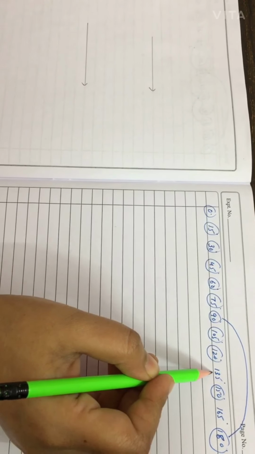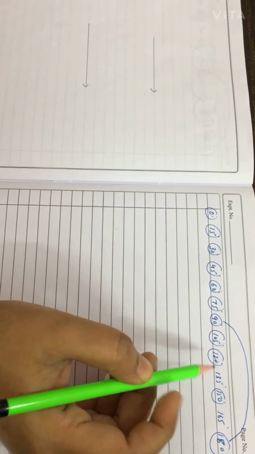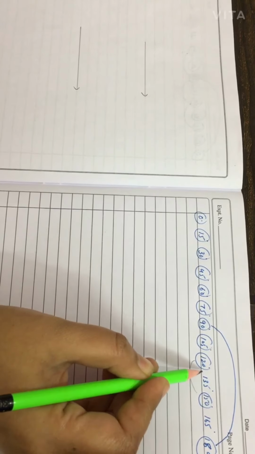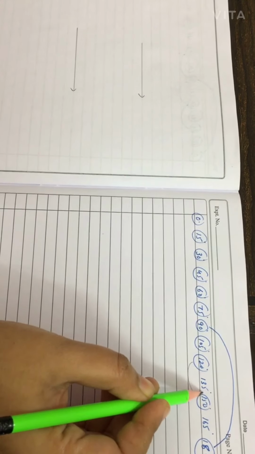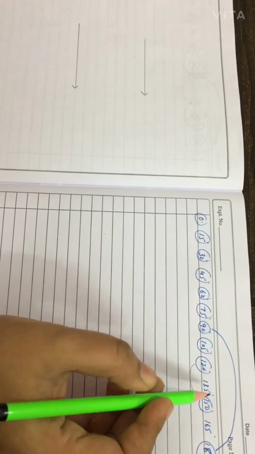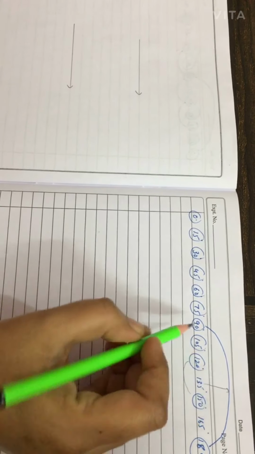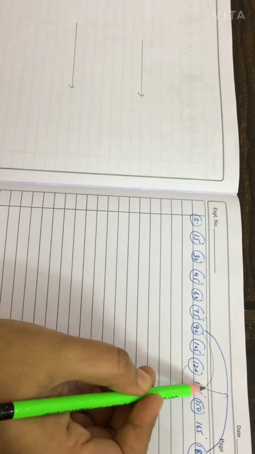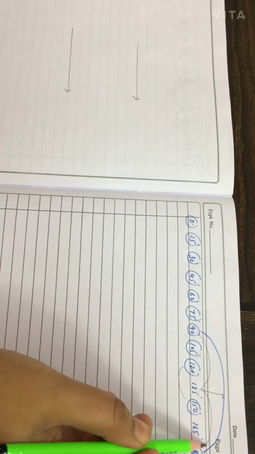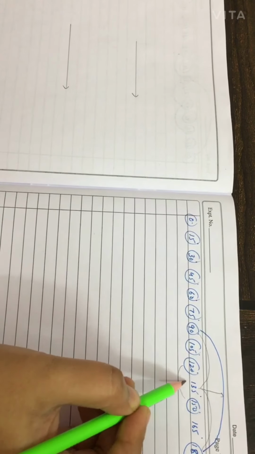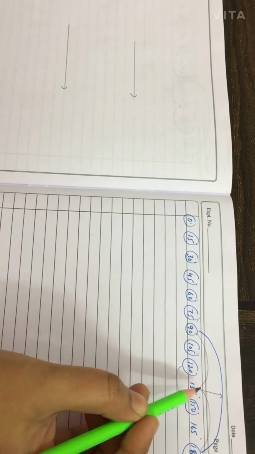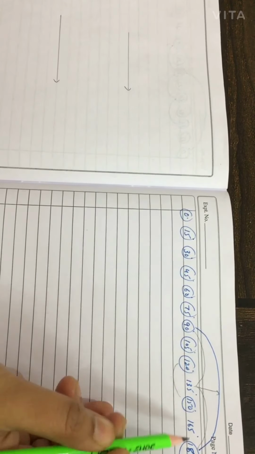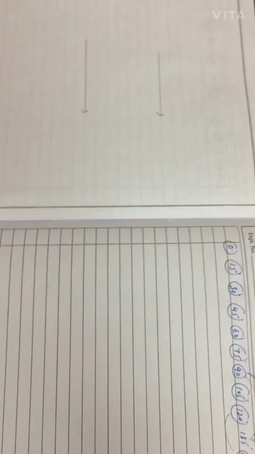There are two ways to construct the angle of 135. As it exactly lies between 120 and 150, you can see the gap between is 15 and this is also 15. 135 also exactly lies between 90 and 180. You can observe the gap from here to here is 45 and from here to here is also 45. So we will construct 135 in both ways. One way we will use 120 and 150 and another we will use 90 and 180 degrees.